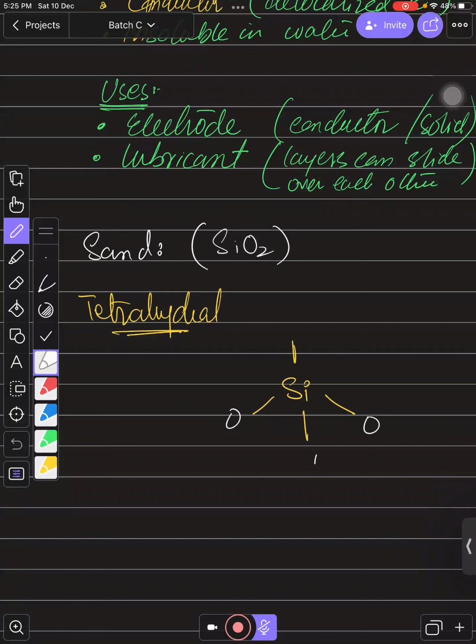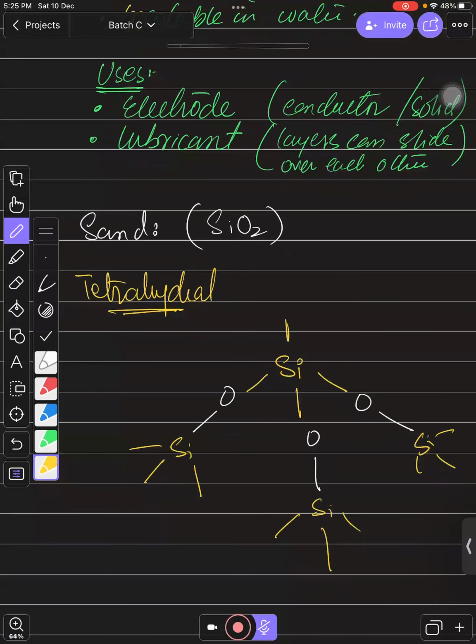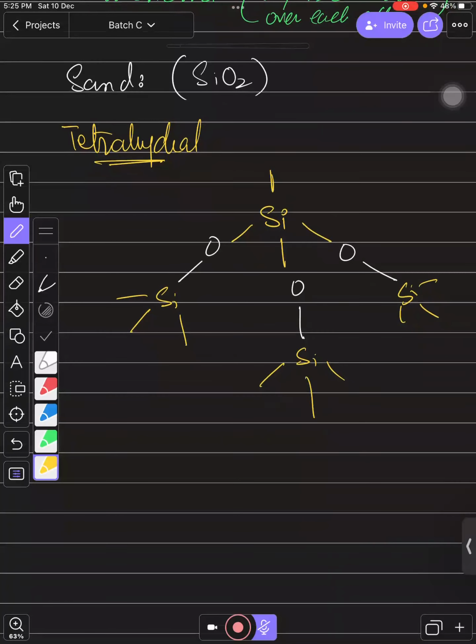And then every oxygen forms 2 bonds like this with silicons, and then silicons form 4 bonds again. So you can say that it is also a giant covalent structure, and the structure is again tetrahedral. If you talk about the physical properties of sand,